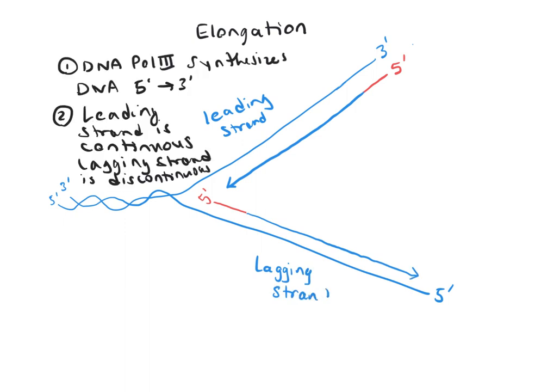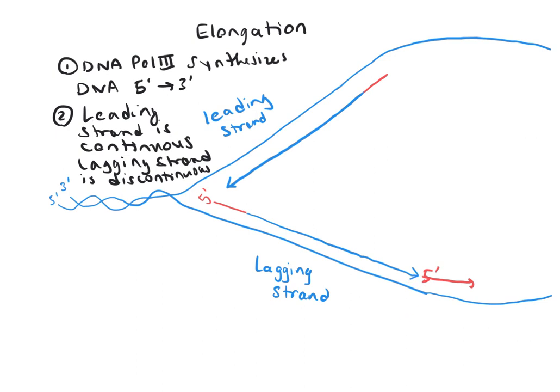Now, remember that these aren't free ends here in this DNA, right? They're actually in the context of that circular DNA, the circular chromosome. So this would be carrying on to the other fork like that. And on this side, down here, there's going to be an RNA primer that would have been put down here, going towards the fork on the other side. So when DNA polymerase III is synthesizing the discontinuous strand, it's going to run into that RNA primer and then